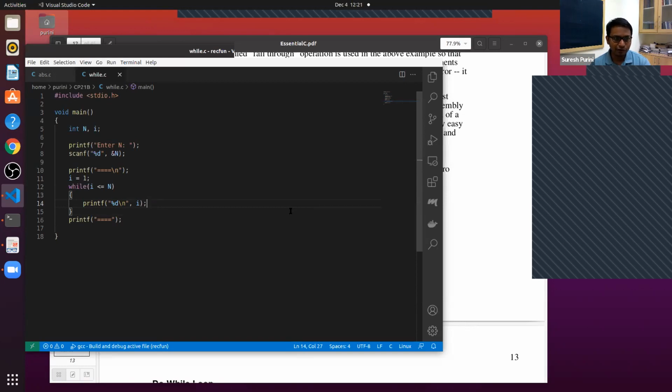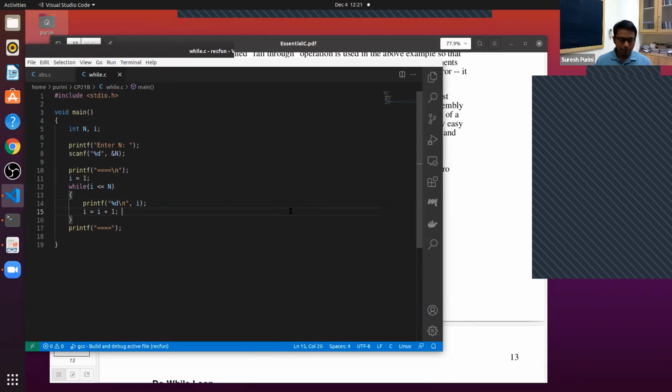i will be equal to 1, you keep looping, and the value of i is never going to change. So in the first iteration, what will be the value of i? In the second iteration of the loop, what will be the value? It's the same one. It's not 2, it's the same one. So we have to fix this problem, and the way we are going to fix it is i equal to i plus 1.